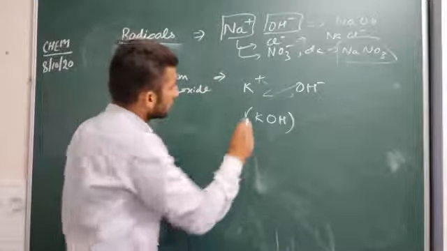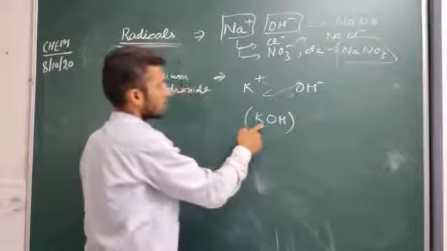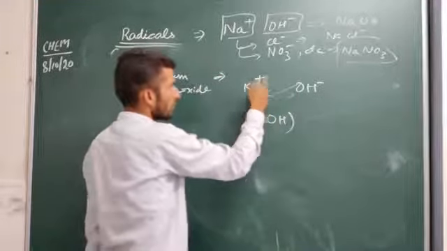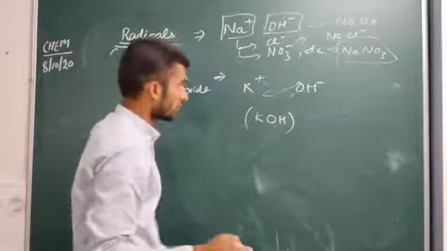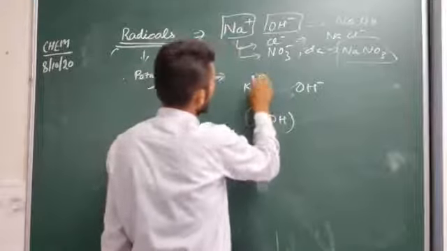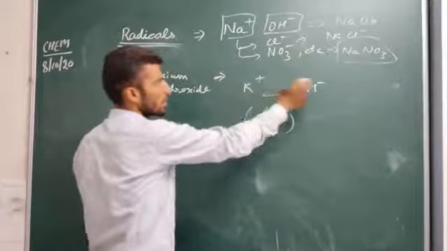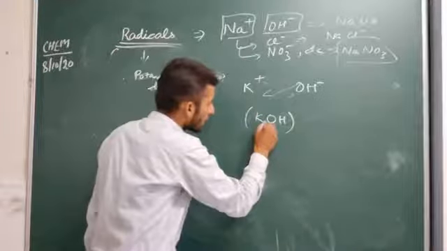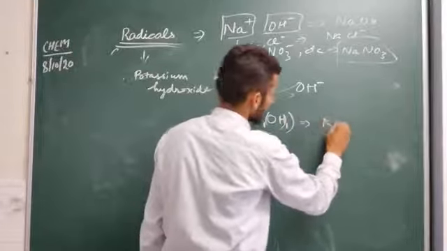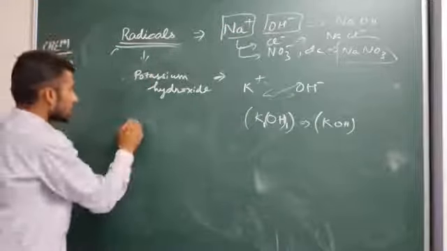Just see here, there is neither the transference of negative charge to this side nor the transference of positive charge from this particular side to that particular side. Only what we have to see is how much positive and how much negative is written. Like here one positive was written, here one negative was written. So overall it is K1 and OH1. So it is KOH, nothing else. Clear?